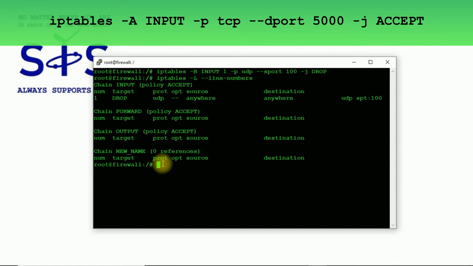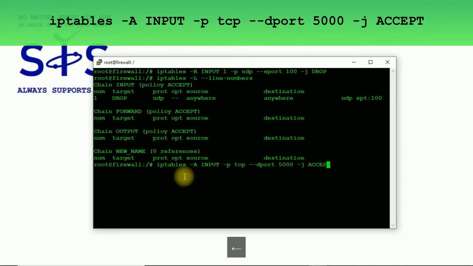Now I want to add a new rule, for example, a rule for our telnet connections, and I'm going to accept this kind of traffic, sent to our telnet server.